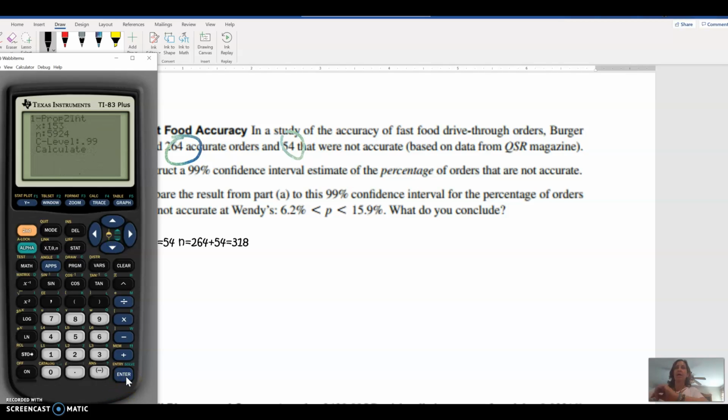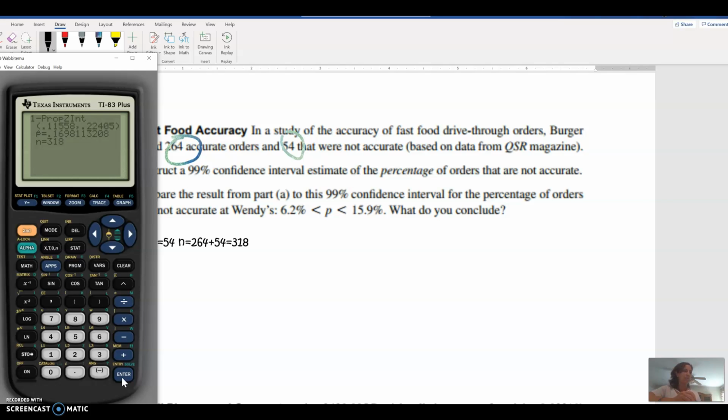Now I'm going to put in my X, which in this case we said was going to be the 54, because I want an interval for things that are not accurate. And my N, which we had to compute by adding together, to be 318. And in this case, we also want a 99% confidence level, 0.99. And then when I hit calculate, I'm going to get this interval. Let's round to 4 decimal places in this case,